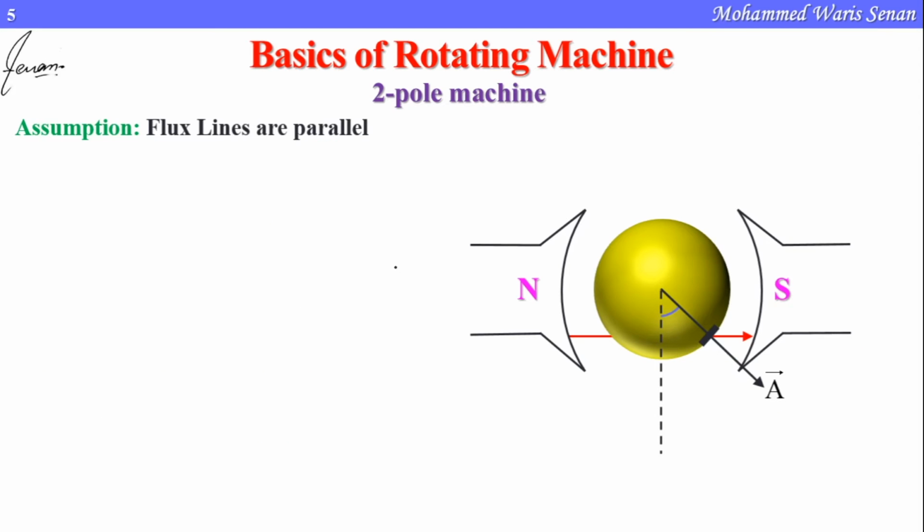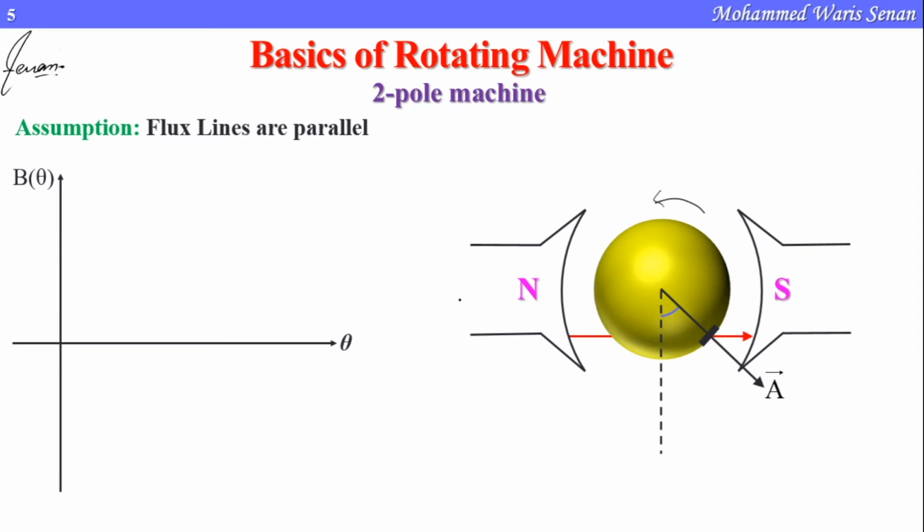Now let us draw the graph to understand how this flux density wave will look with respect to the rotation angle theta. So we will draw a graph of B theta with respect to theta. As we increase theta, or as the machine rotates in the anti-clockwise direction, we will see how the graph will look. So let's start now.